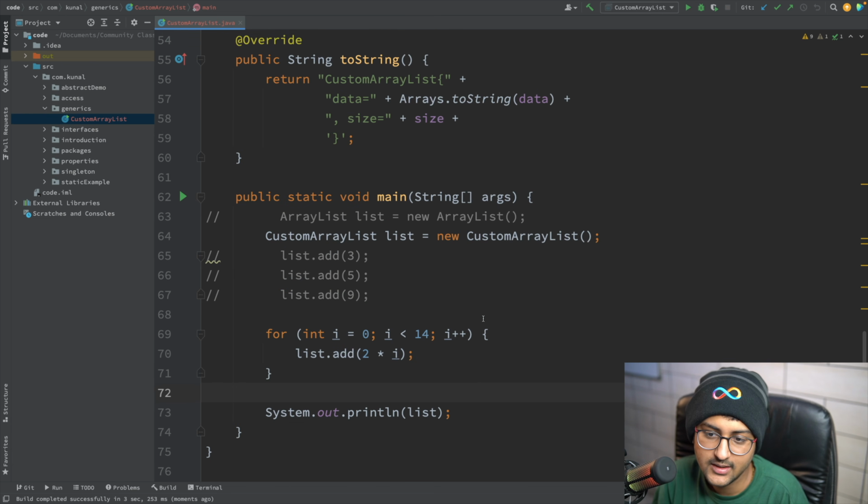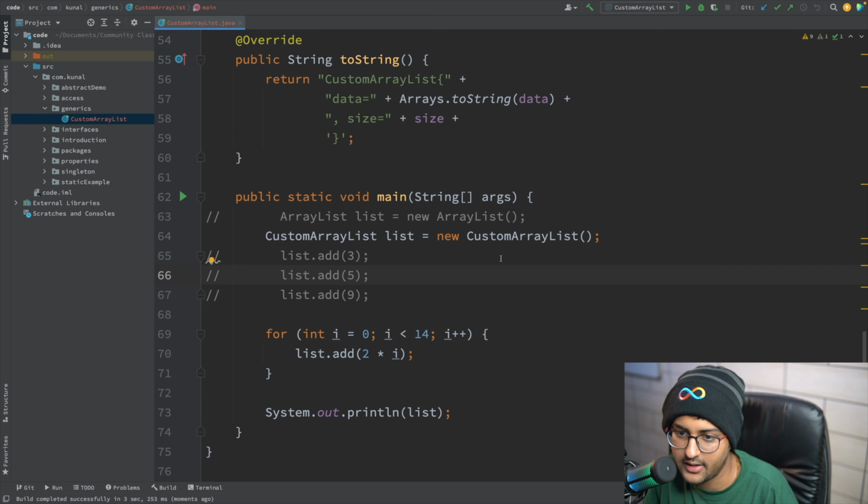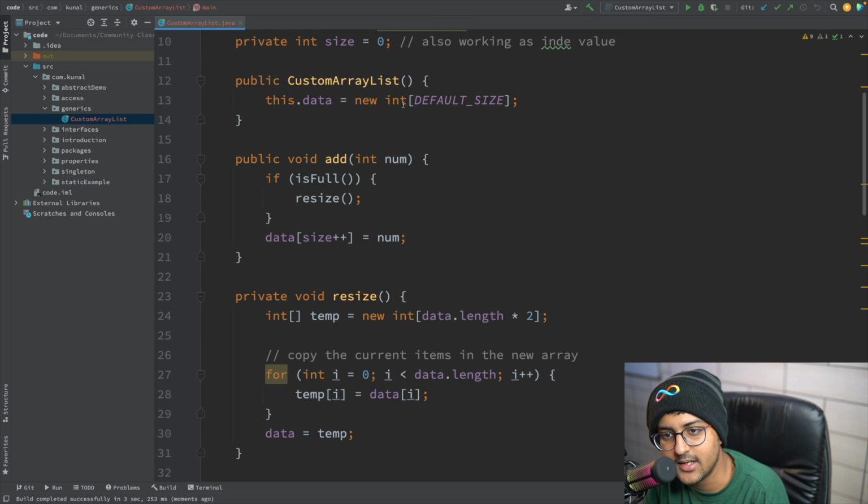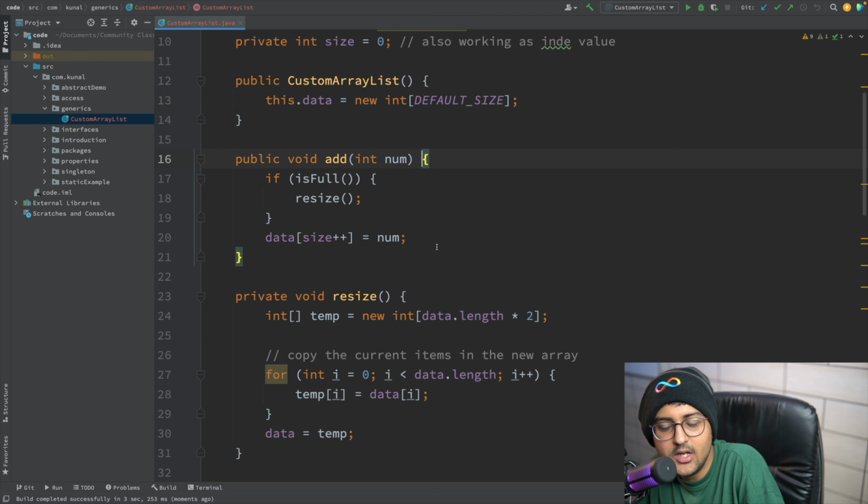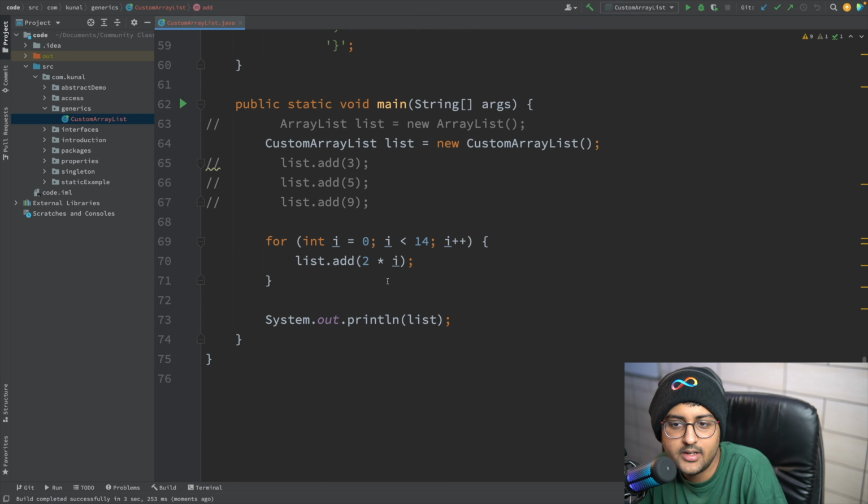That's it. Yeah, as simple as that. Cool. But what is the problem we might be facing over here right now? Let's see. So the problem we are facing over here is that by default internally it's an integer array. Okay, so the array list that you are creating can only store integers. Is that true for array list?